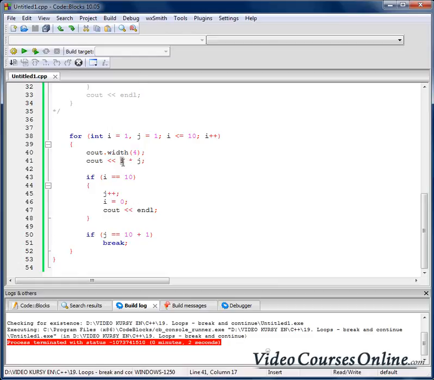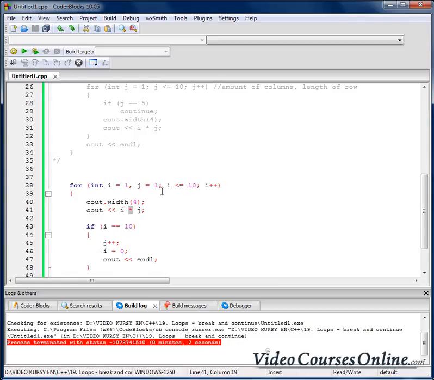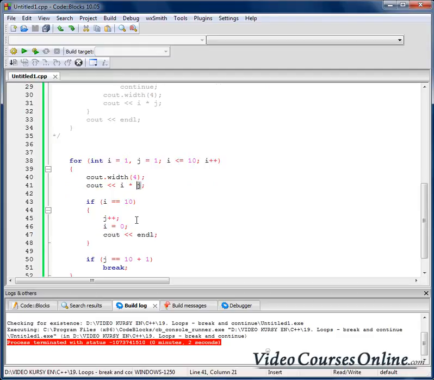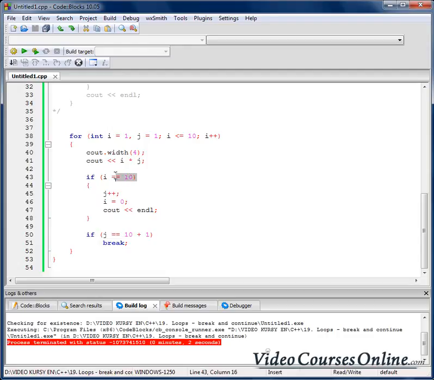So right now we are multiplying I, so at the beginning 1 by j, which is 1, and after it we are just skipping those guys here because the conditions are not true, they are false, and we are increasing I, we are checking the condition, and we are multiplying 2 by 1, 3 by 1, 4, 5, 6, 7, 8, 9, 10, and finally when it's 10 we are checking that the condition is finally true, and we are increasing j, we are assigning 0 to I, we are creating the end line, so we are creating the enter, and we are checking that the condition is not true, and again we are multiplying now this time 1 by